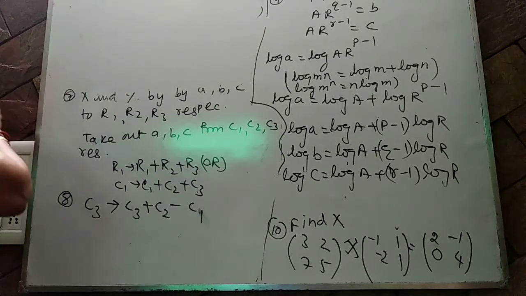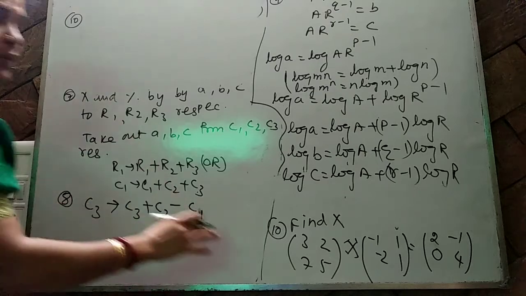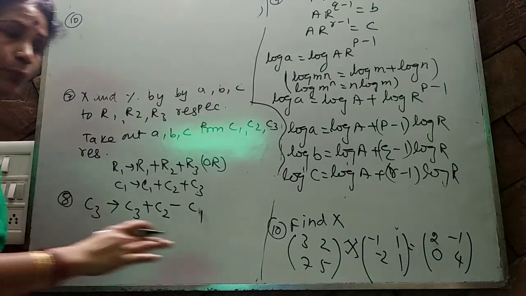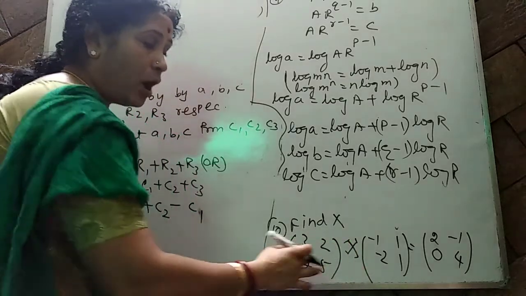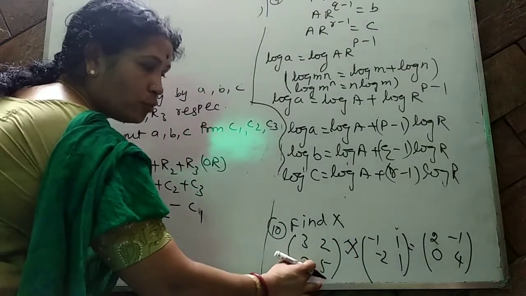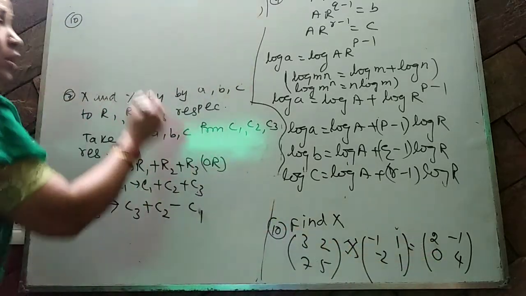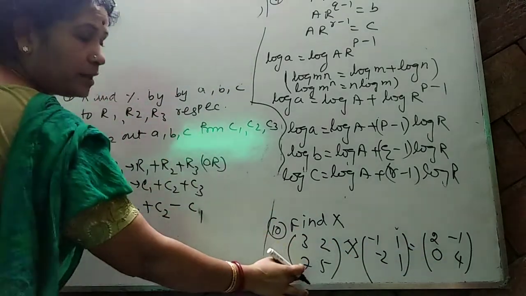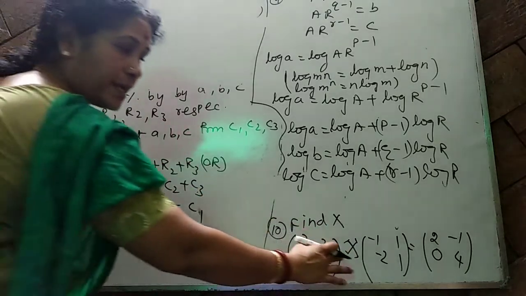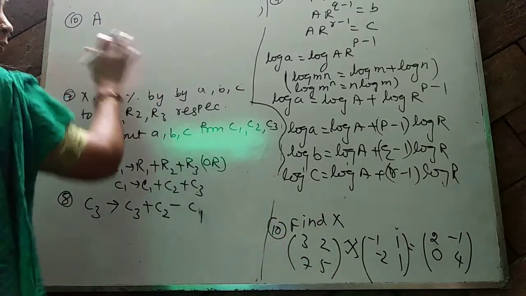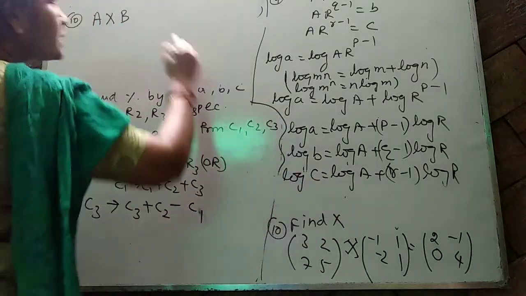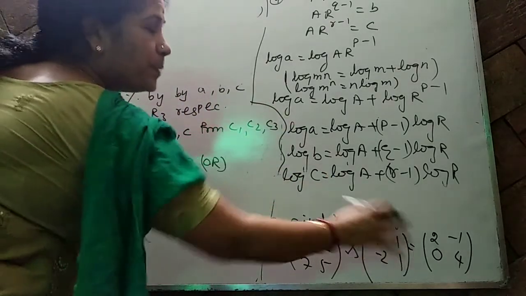Now last question, let me explain question number 10. Beta, whenever they say square matrix, we have seen in the matrix topic, suppose orders are different, then how to find the new matrix order, that I told you. Now see here, this is 2 by 2, this is 2 by 2, this is 2 by 2. Now I'm giving name, this is A matrix. You cannot take A, B, C, D. That is not possible to find matrix X here. Are you clear? Now I'm giving name, this is A and this is X matrix. This is B matrix. Equal to, I'm giving name as P matrix.